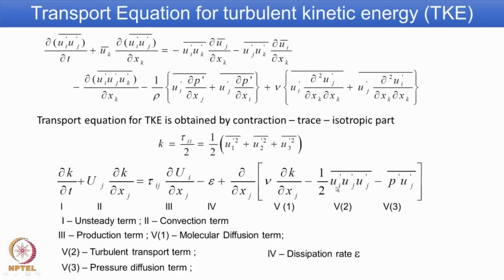We know u_i' u_j' is a turbulent stress and you have the additional u_j'. So, we can interpret this term as a turbulent diffusion term, and the third term is a pressure diffusion term. Now, the question is, all are supposed to be known except for the second term, the third term and